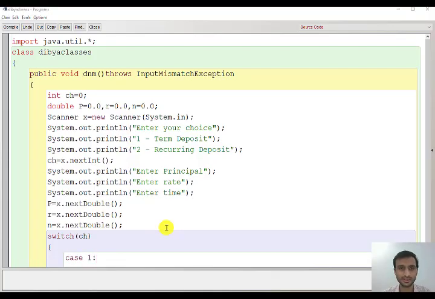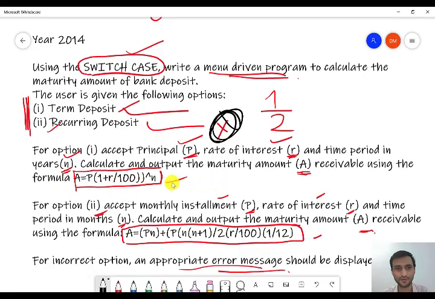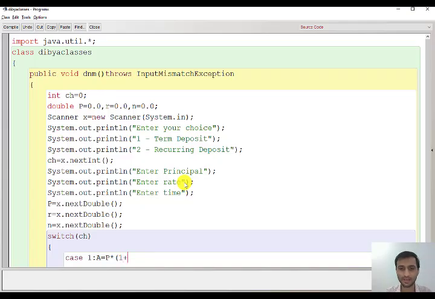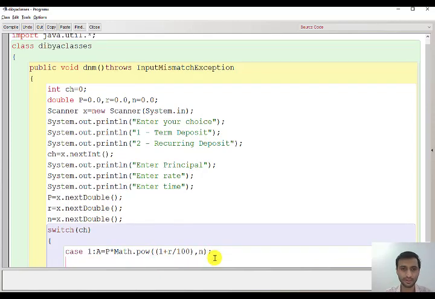The first case is you have to use this formula, that is A equal to P into, and you have to write it in Java form, not this form, 1 plus R by 100 whole to the power N. Because power is there, you have to use the math function, Math.pow.